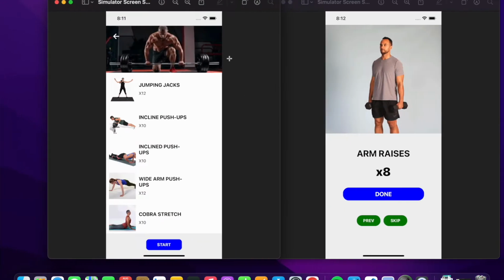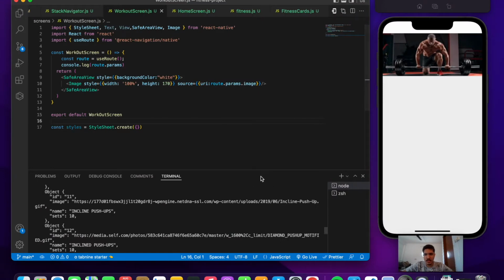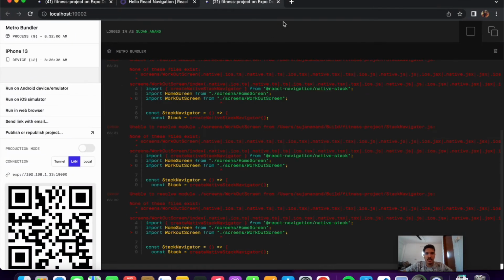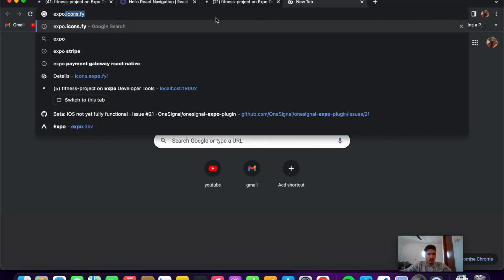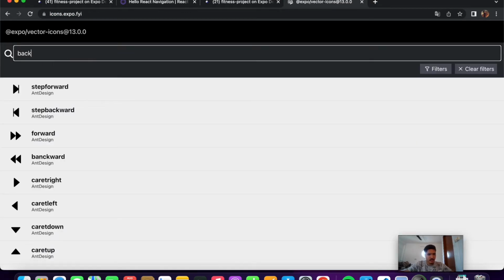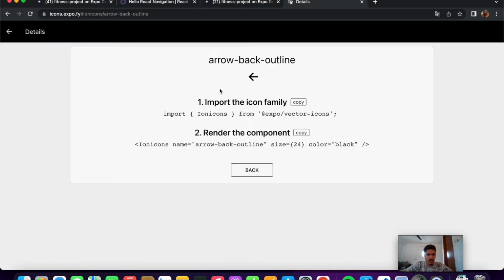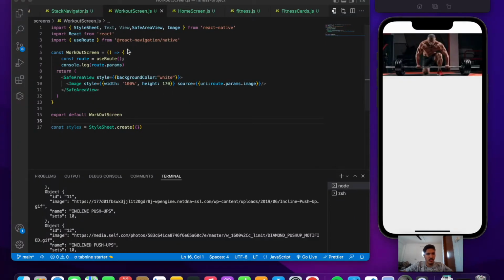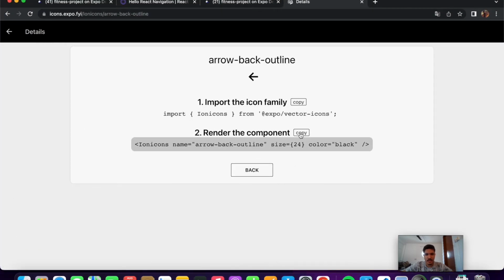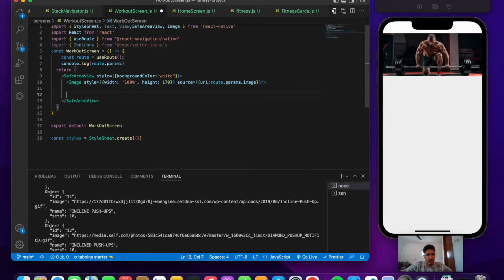Okay, so after this image we have that back button so that we can move back to the previous screen. So let us go initialize our buttons. So export icons.fyi. Okay, so let us search for that back button. Yeah, so let's take this one from ion icons, copy the code and then paste the import code. Let's also copy the render component code, and then just beneath the image we will paste it, and then we